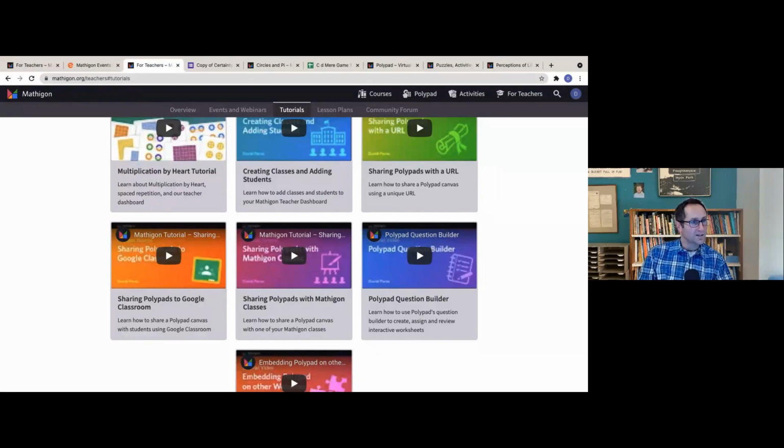There was a question about the iPad. So there is an iPad and a phone app that does work offline as well. If you are somewhere where students might not have great access to the internet, or it's kind of spotty, and you have an iPad, there's also an Android app. Both the iPad and the Android apps work offline. There are some features that are not fully on the iPad or the Android app.